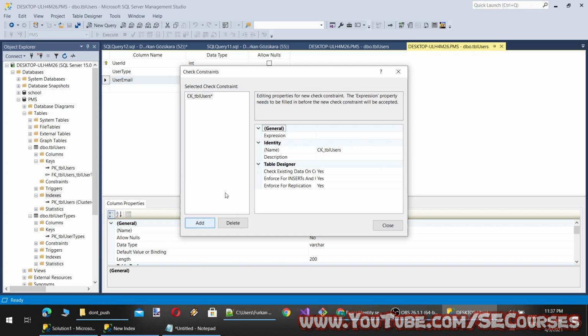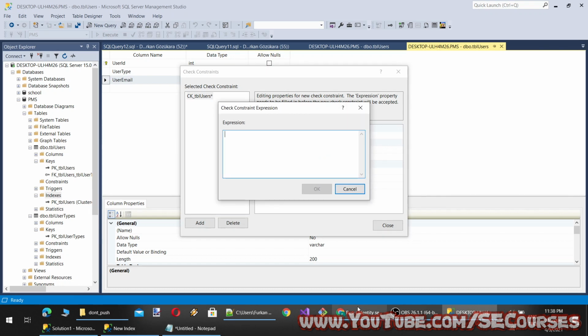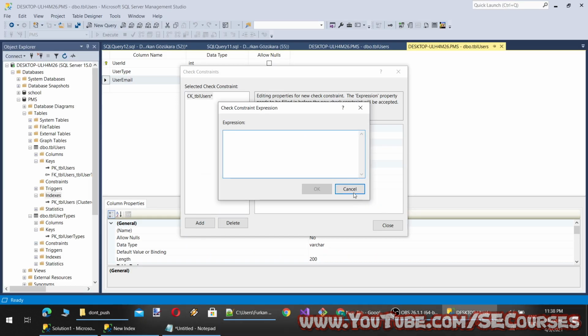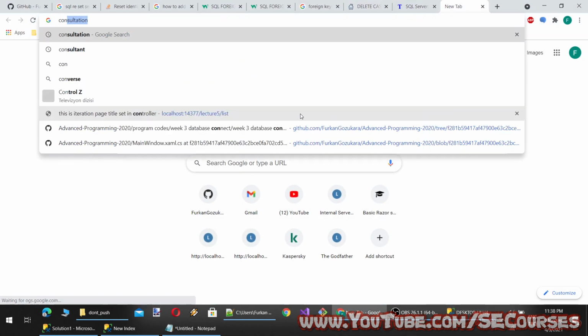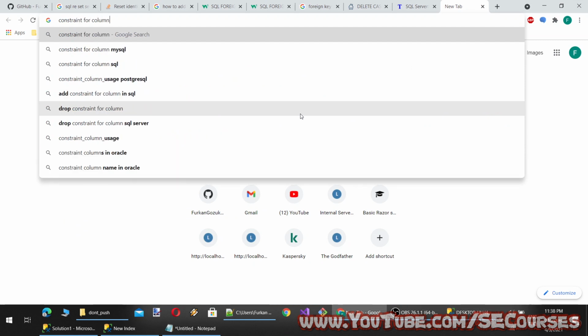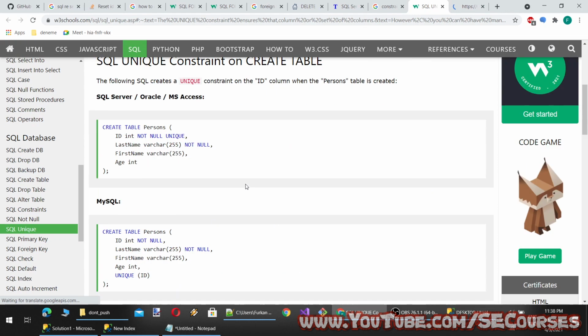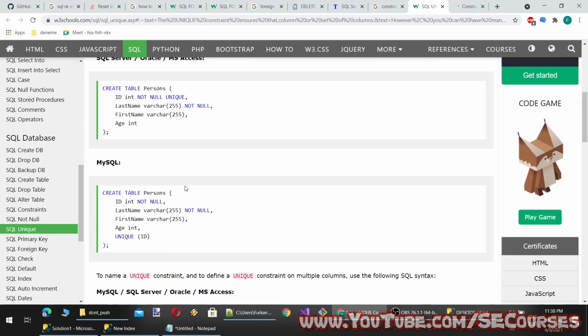We can also add a constraint, and the constraint would be... it requires an expression. Okay, let's see a constraint. I have never added a constraint. I have only used indexes. Let's see if that is possible.